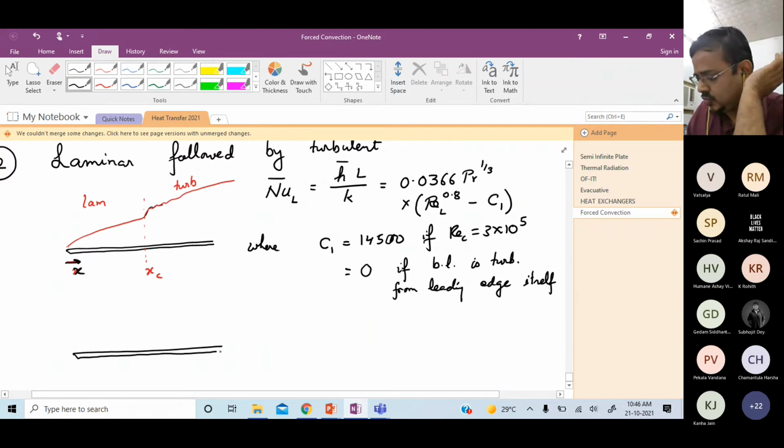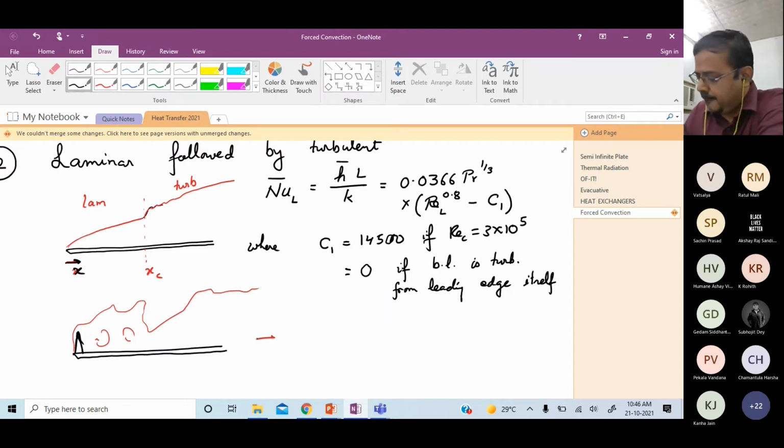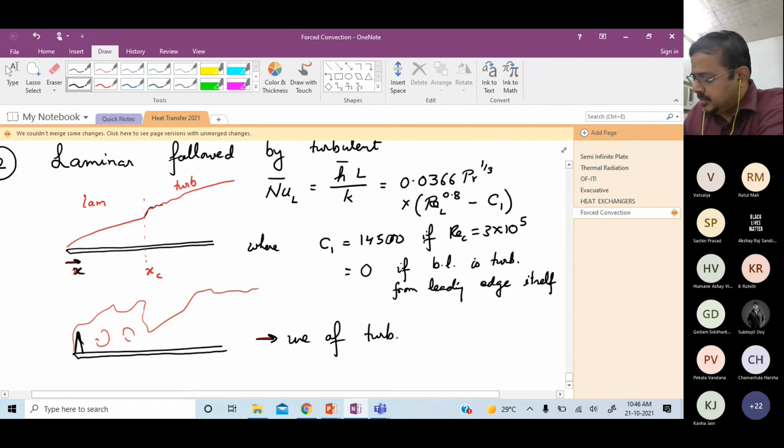This we actually routinely do, put these turbulators, vortex generators. So let us say I just put a spike over here. Then what happens as the flow comes in, the boundary layer will be disturbed. Okay, there will be vortices here. So this is where we use a turbulator to promote or induce turbulence.